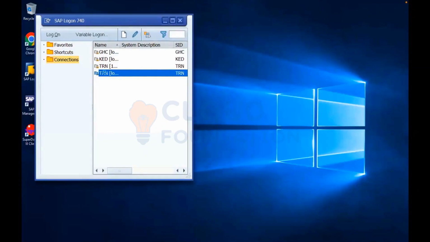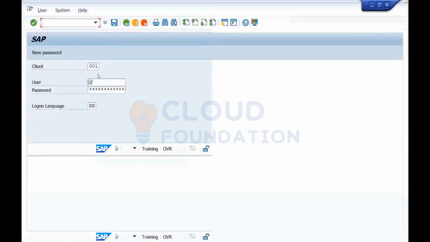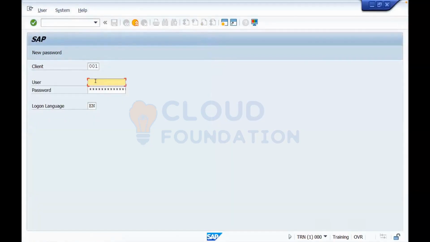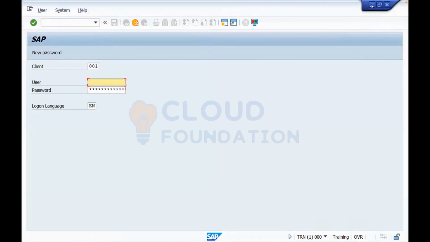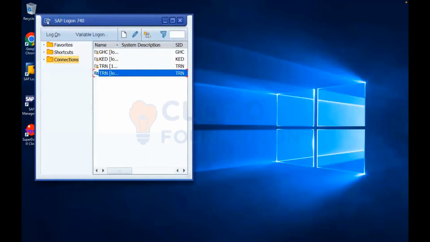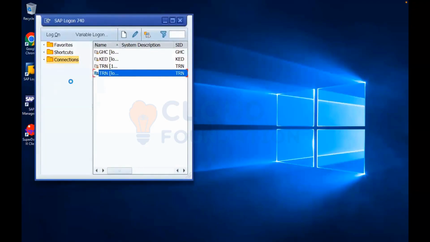If we are going to apply the license, we log into the TRN system. You are able to see my screen, yes. Yesterday we discussed that you can change the SAP GUI behavior from the options. Here you have a lot of options.